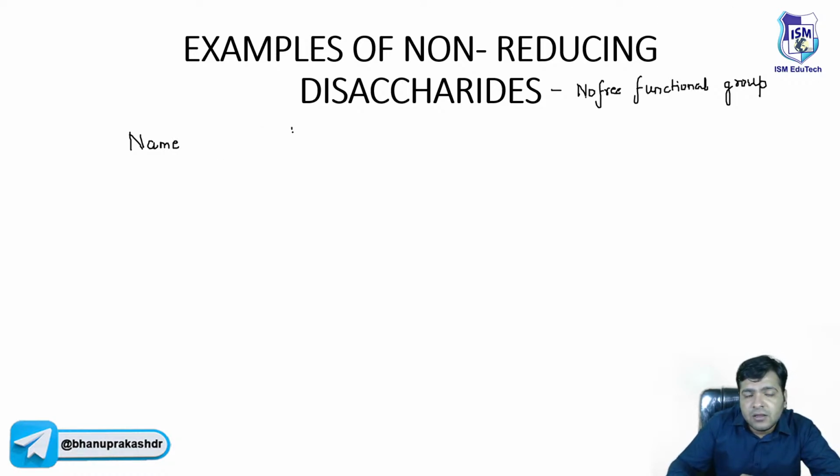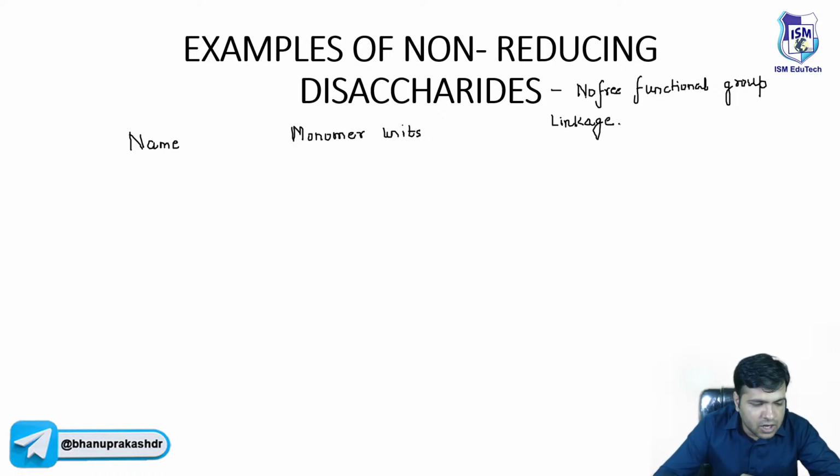Again, I will draw the same table, beta: the monomer units and the linkage. Now the very first example that we will talk about is